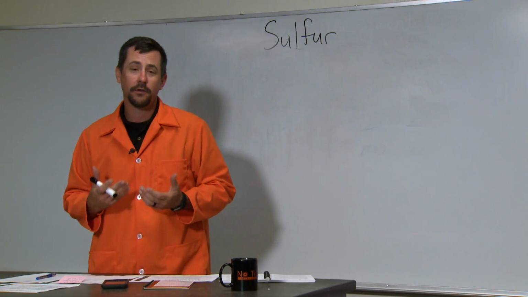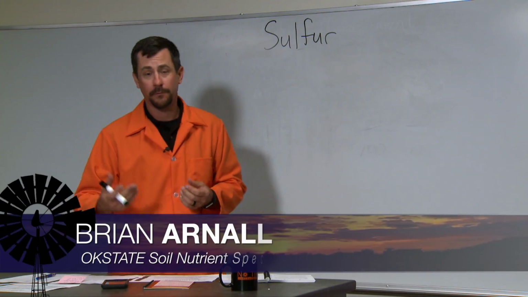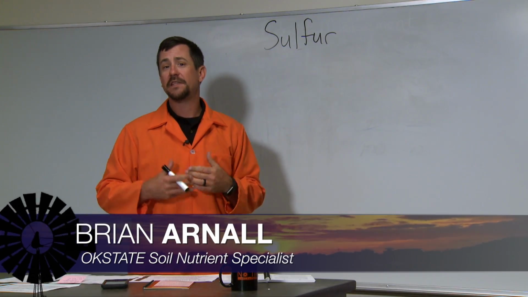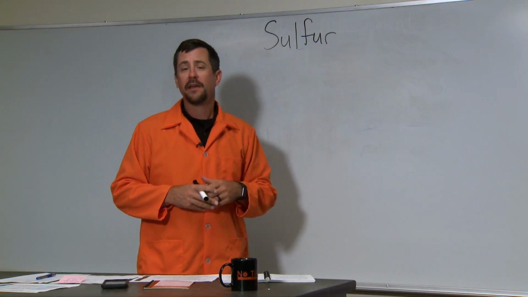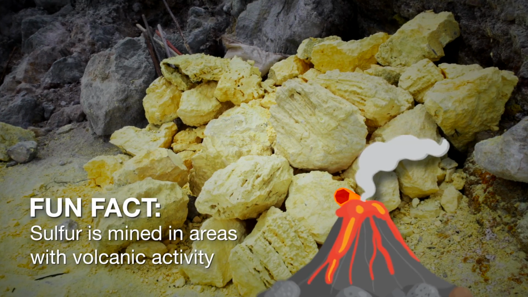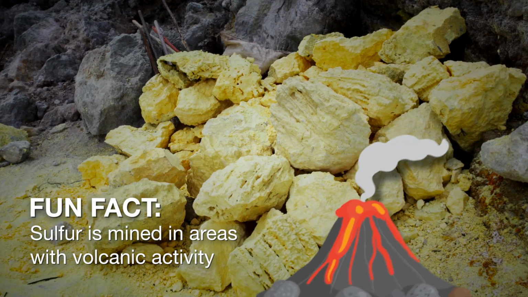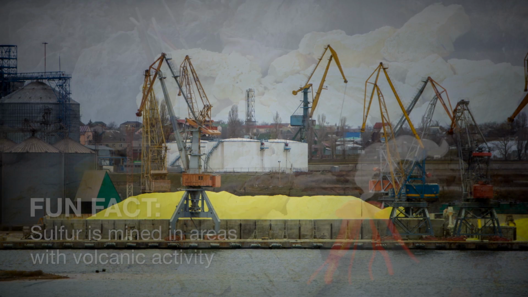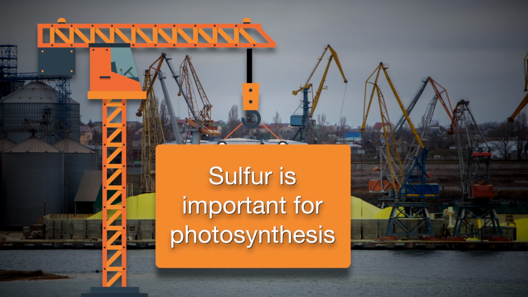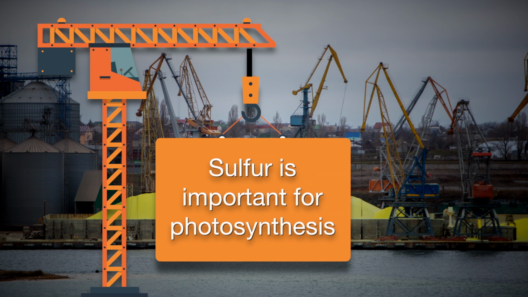An important secondary nutrient for agricultural production is sulfur. We don't speak much about sulfur in Oklahoma because commonly we don't see that many deficiencies. But as production increases, we're seeing an increased demand in sulfur, and something we should think a little bit more about. Sulfur, a secondary nutrient used by all of our crops, is very important in photosynthesis and chlorophyll production, and